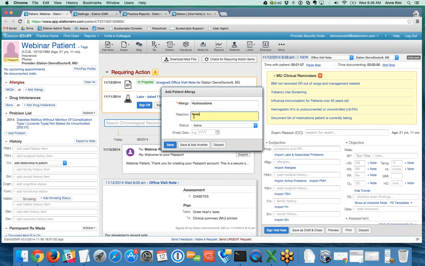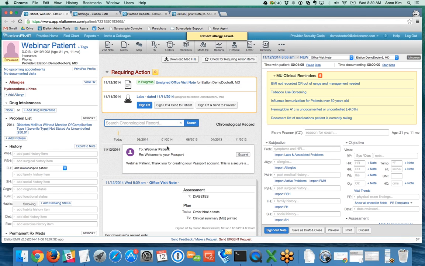So in order to do this, I would click address, and then we simply prompt up a new text box that says, hey, document your patient's current allergies. And if your patient does not currently have any allergies, you can click NKDA, which also stands for no known drug allergies, or you can add the patient allergy that's needed here. So let me just add in hydrocodone,